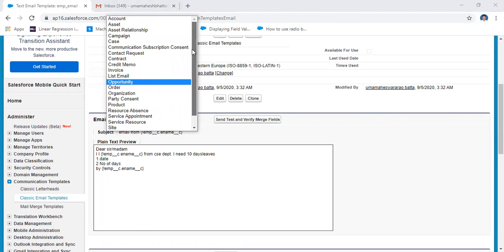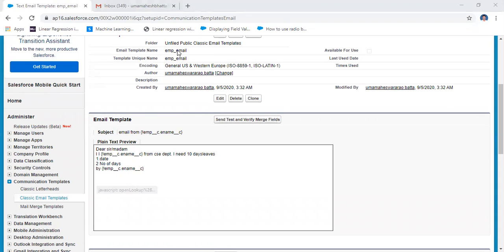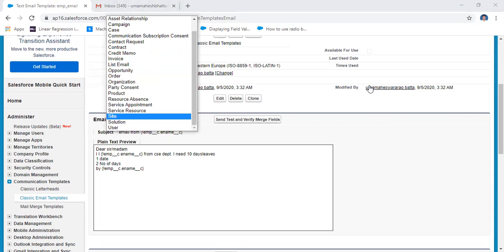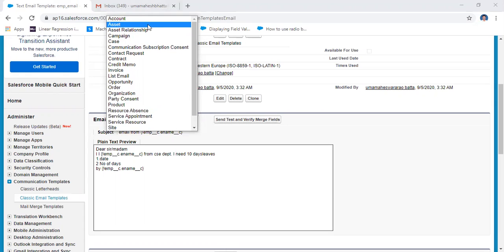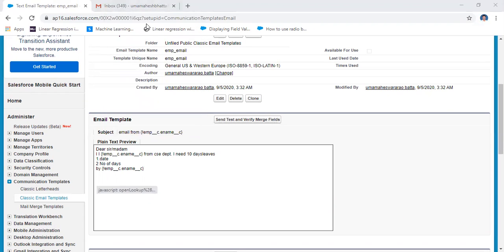From the department, you may select any department. From here you may select the contact. From the contact, not recently viewed contacts, nothing was there, that's why you may select anyone. For example, let us select it from the account section.